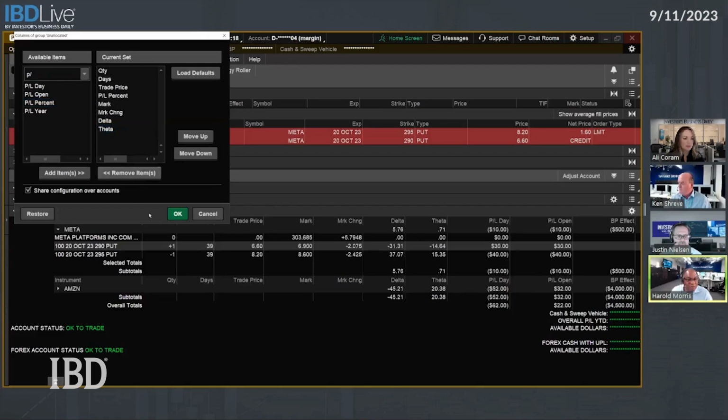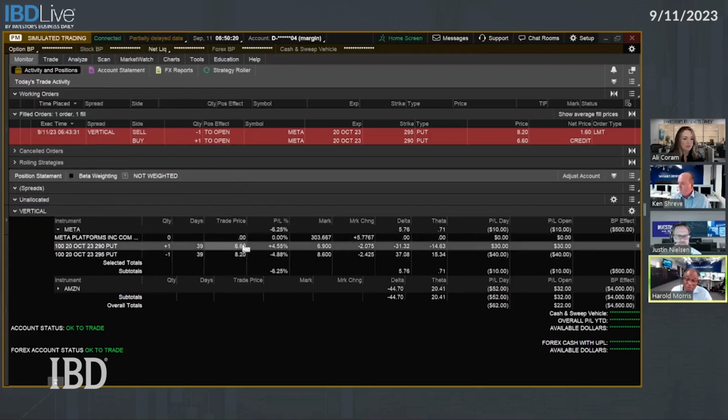And move it up. For some reason, this won't stay on the platform. So far the trade is down here. So right off the bat, we're down, but I've got 39 days for this trade to work out. So I'll be keeping an eye out first on how much money I'm making on this trade. And then also, as I mentioned earlier, the days to expiration. If I'm down 6% and we're at 21 days to expiration, I might just say, okay, trade's not working. I'm going to close it out and take a 6% loss, or I can see if I can roll it out